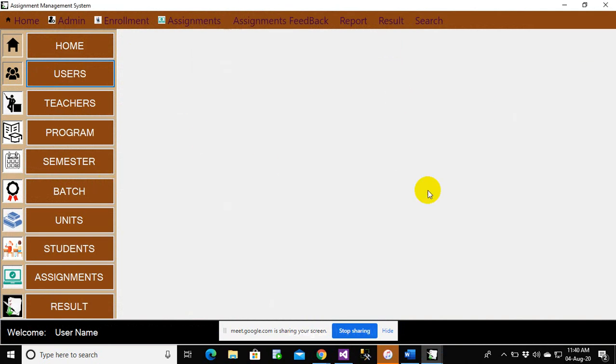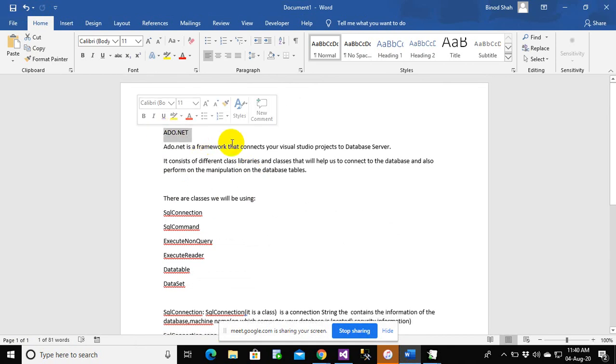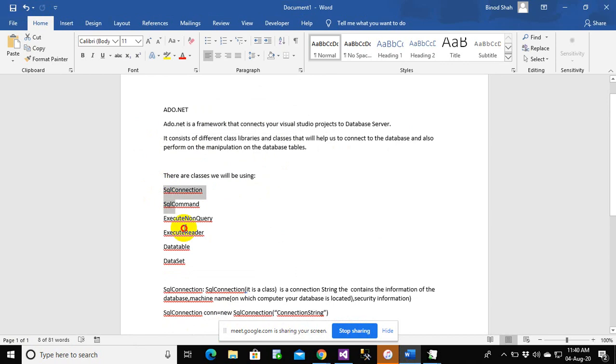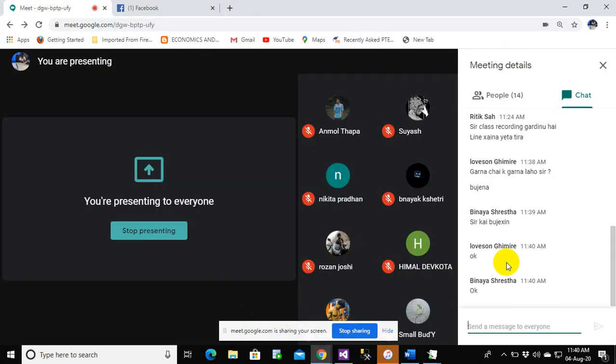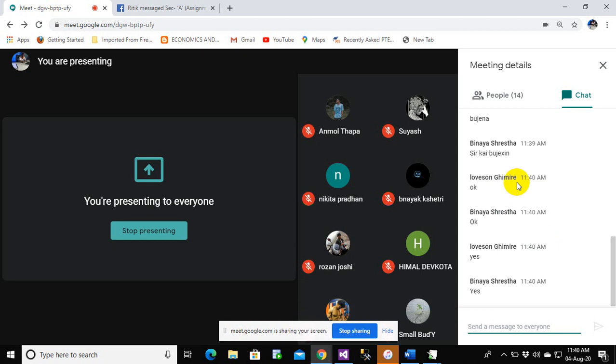In order to achieve this objective, we have something called the ADO.NET framework, and under this ADO.NET framework we have different classes, and we are going to analyze each and every class. So did I answer your question, Lakshan? Okay, thank you for your confirmation, Vinay. So did you get what we are trying to do? Okay, great.